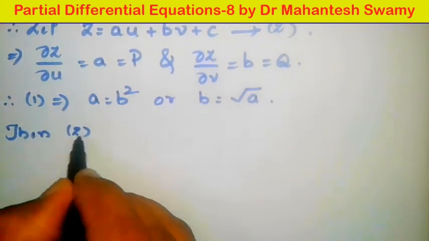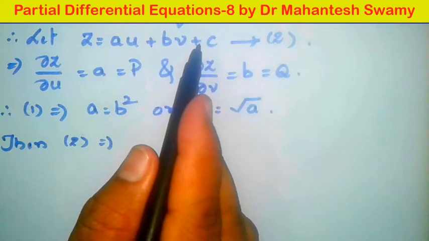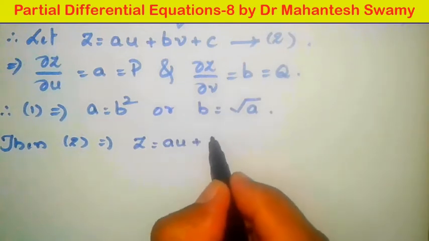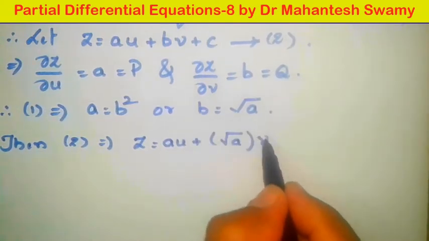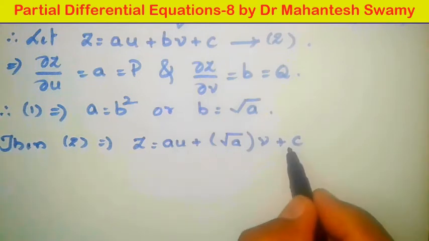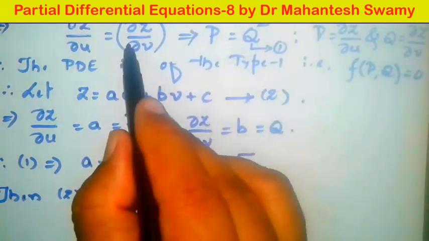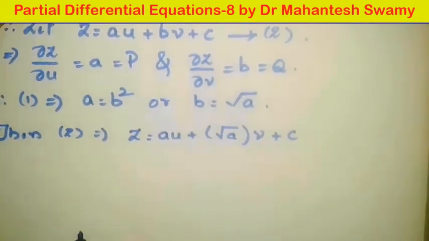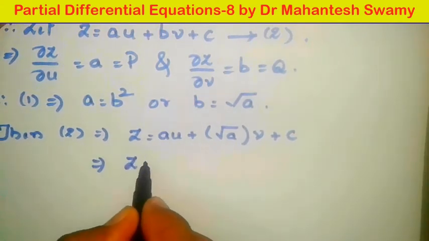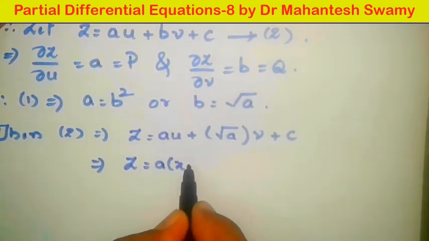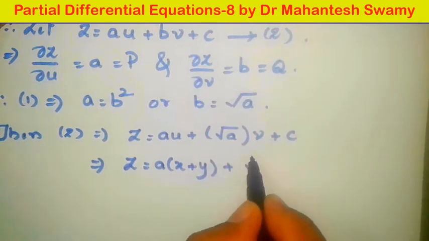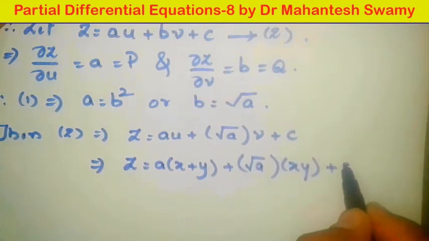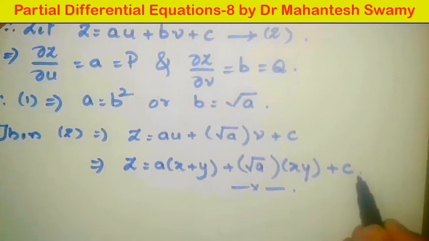In equation 2 we substitute z equal to au as it is, plus, in place of b, root a into v, plus c. So it is the complete integral of this PDE 1, which is in independent variables u and v, but our independent variables are x and y. Therefore let us substitute finally z is equal to a into (u value, x plus y, as per our assumption), plus root a into (v, which is x into y), plus c, as the required complete integral of the given